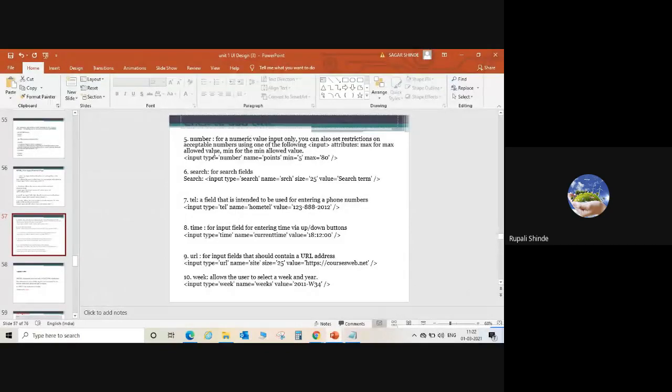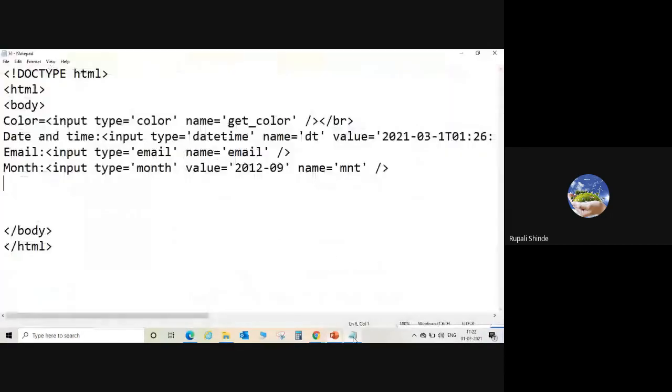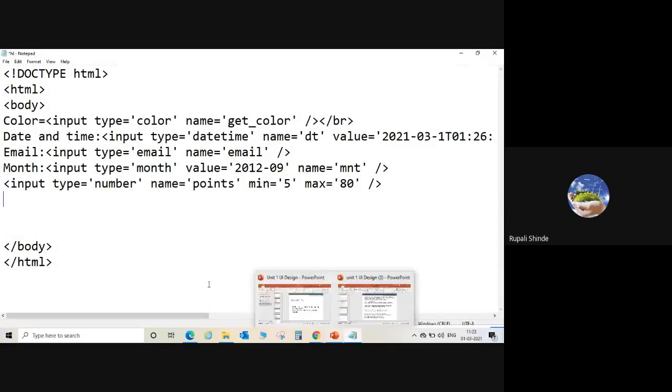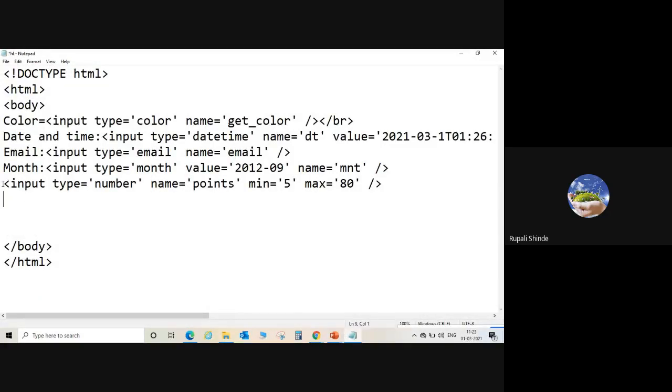So first of all we are going to execute the number input type. Input type is equal to number, name, minimum 5 and maximum 80.